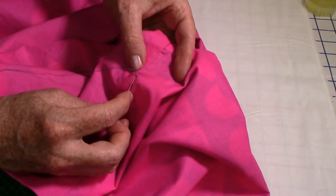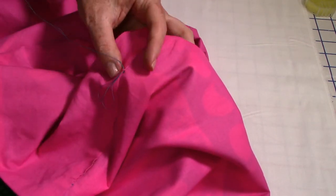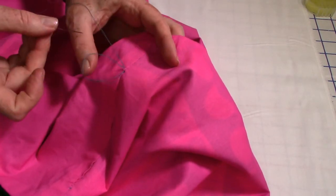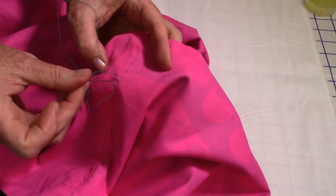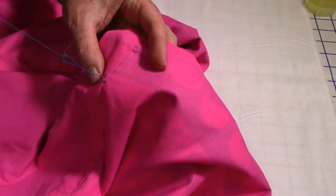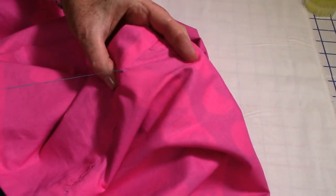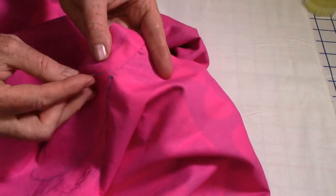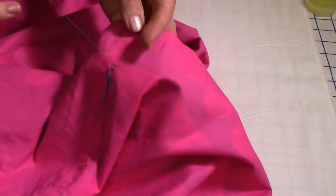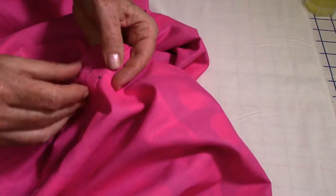And how I like to make my knots, this is actually kind of fun, is I just go underneath a little bit and I create a loop right there. There's the loop. And I put my needle through it once here, come back around and go through the loop again. And you can see when I pull it, it will come all together. And just knotted it right there. So it's a nice little knot right there. Then I'm going to put my needle all the way through into the lining here, and then there's the knot, which actually you can kind of see a little much, but